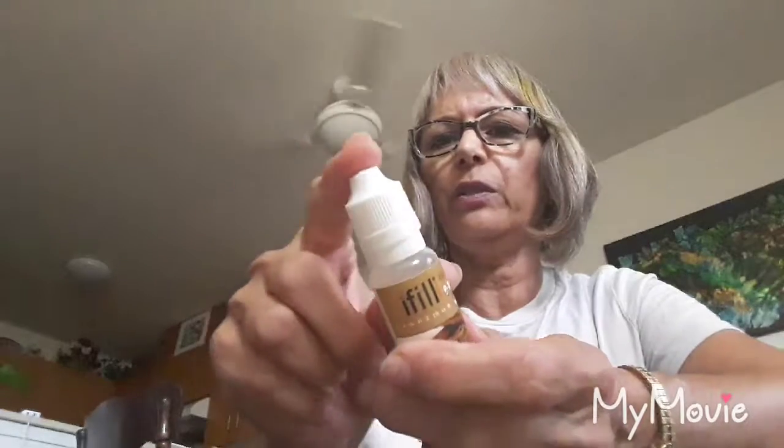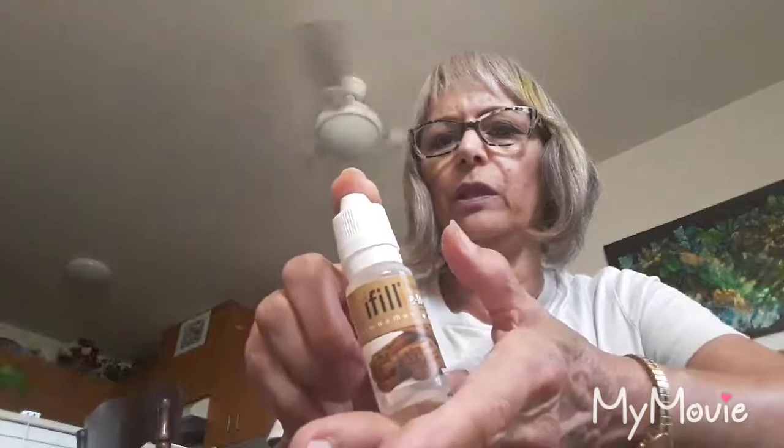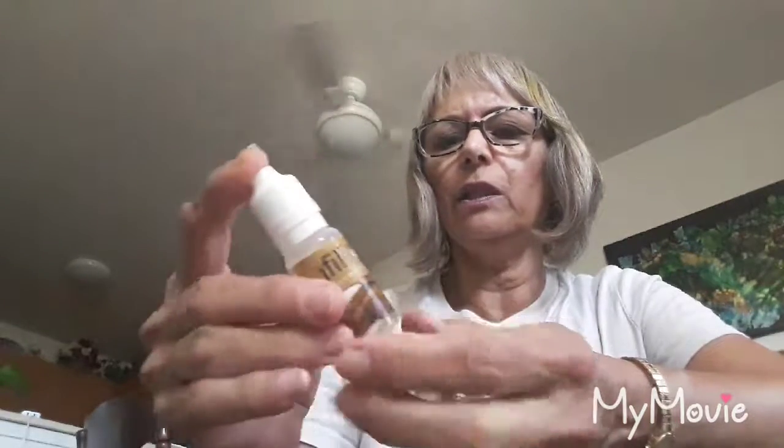The gray top ones that I saw at the store had nicotine in them, and I was not interested in that. But I'm sure you can get these almost anywhere. This one is a cinnamon e-juice electronic cigarette, e-fill, no nicotine, made in the United States. I'd rather get something that was made in the United States, so you might want to check into that if you're concerned about that as well when you're filling your